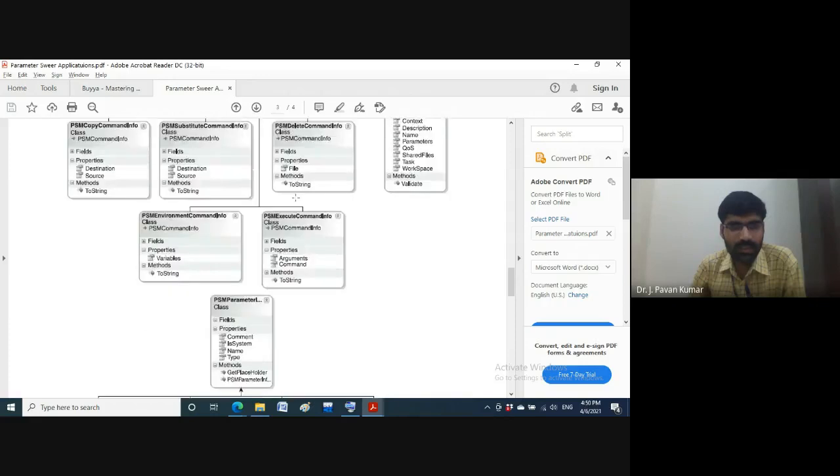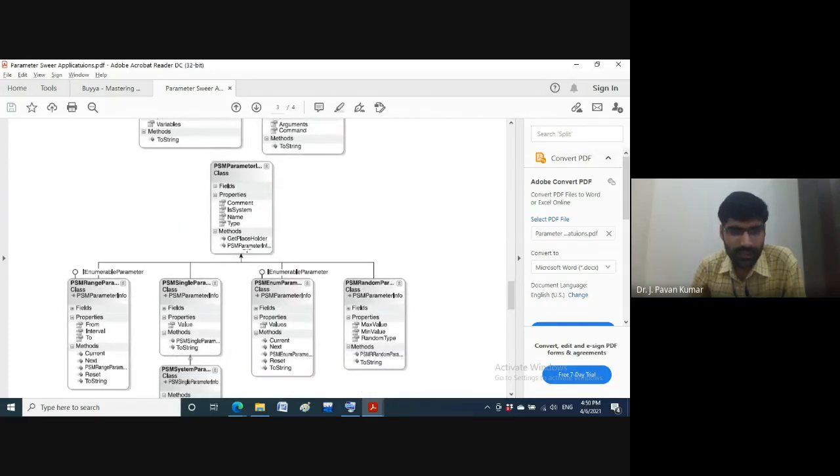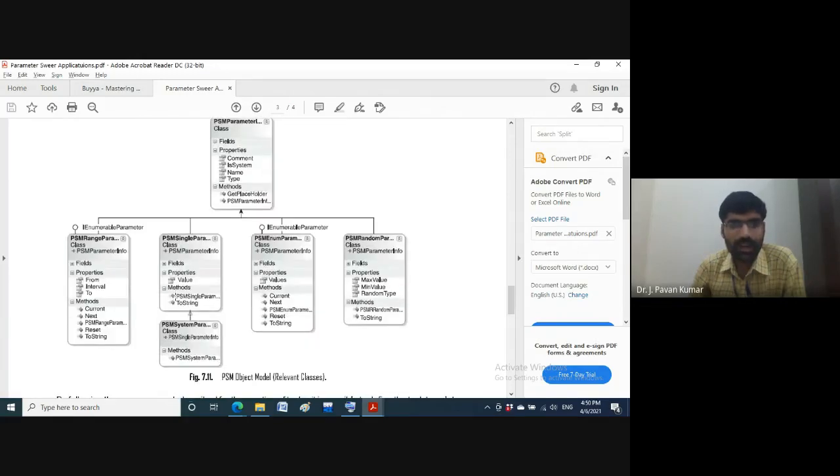Next, coming to this parameter, PSM parameter info, which is the base class for all the 5 types of parameters. What are the 5 types that we have seen earlier? Constant parameter, which will be supported by this single parameter, PSM single parameter. Next, range parameters we have seen. Next, enumeration parameter, random parameter.